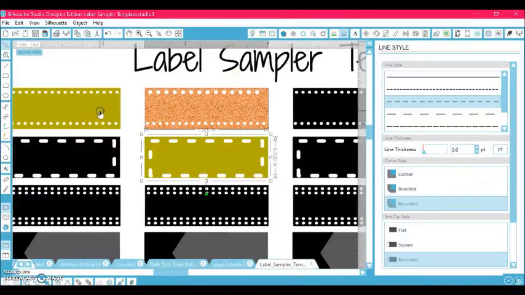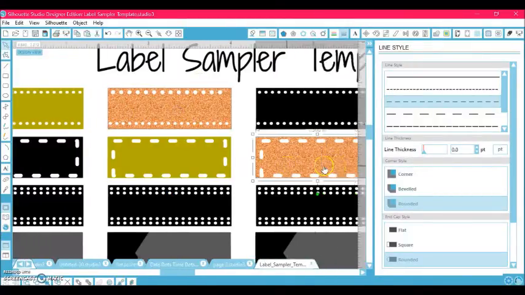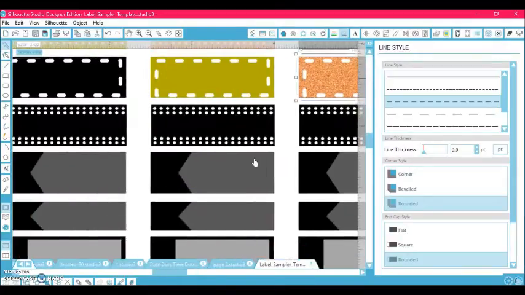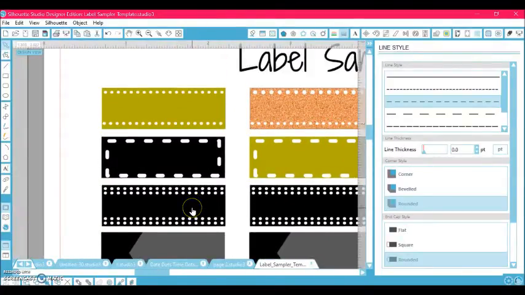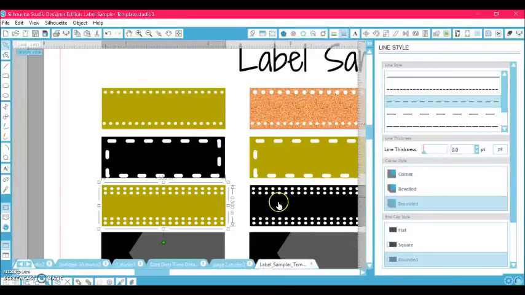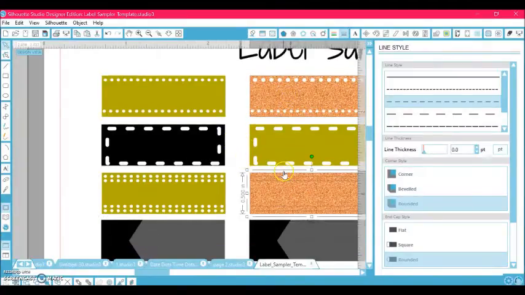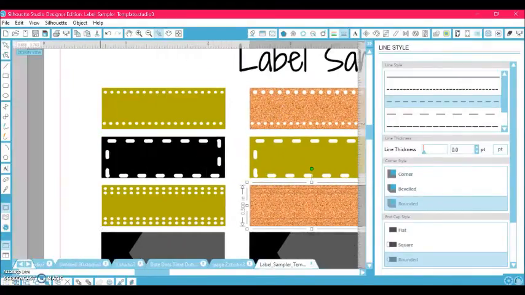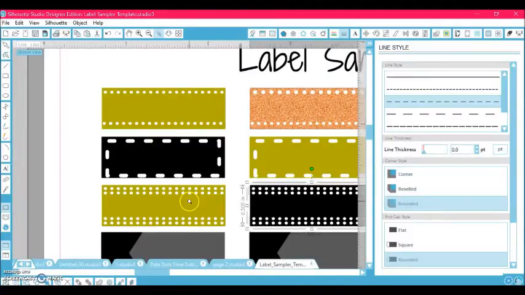This one, same thing. You can go in, add a pattern, add a color. It's really simple. This one is also really easy. This one is almost exactly like this one, except with another row of dots in case you want something more decorative. Same deal, just pattern, color. Oh, this one wasn't grouped. That's why. So I need to ungroup that one,